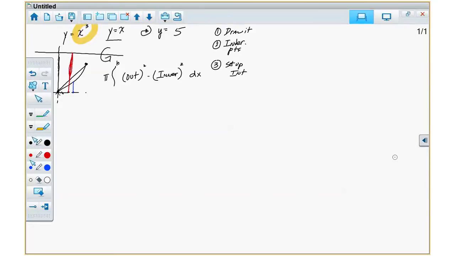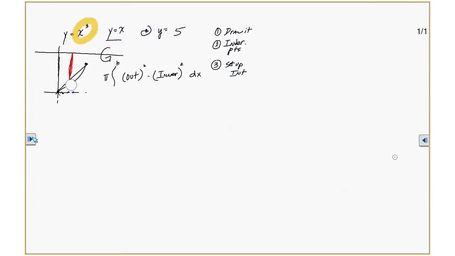I'm going to get rid of that little red line up there. Just going to take everything out, but